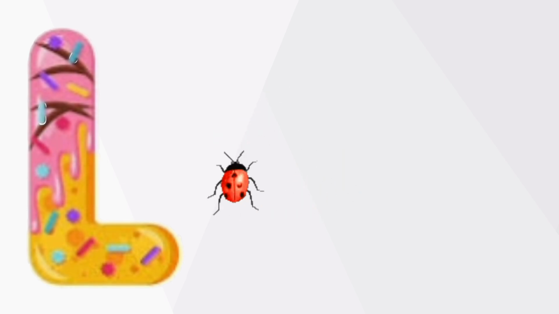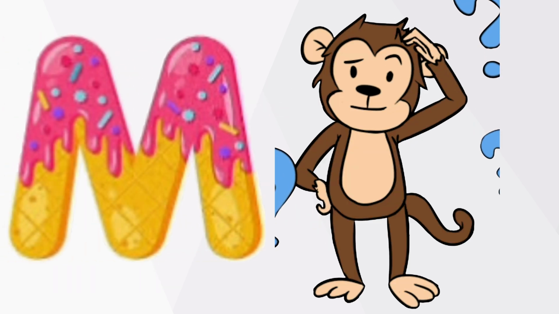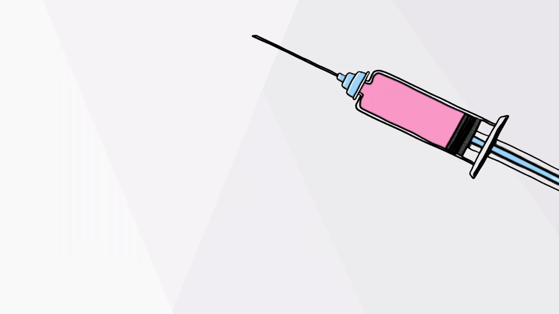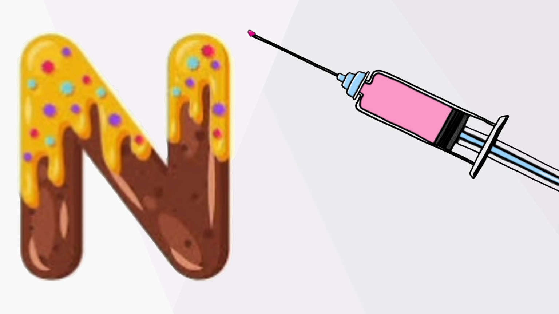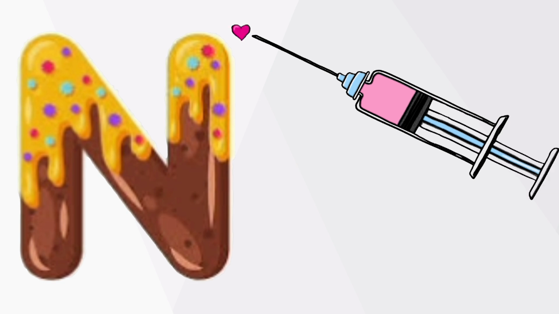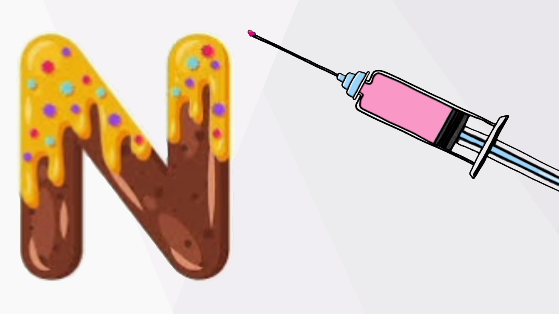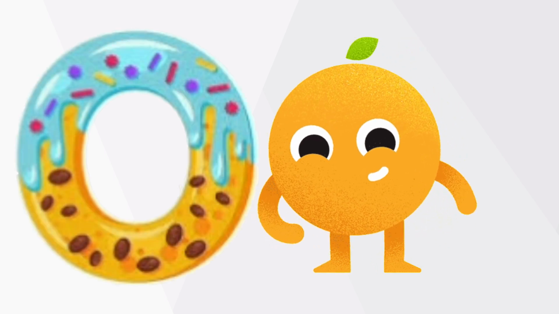ladybug. L, ladybug. M is for monkey, monkey. M, monkey. N is for needle, needle. N, needle. O is for orange,